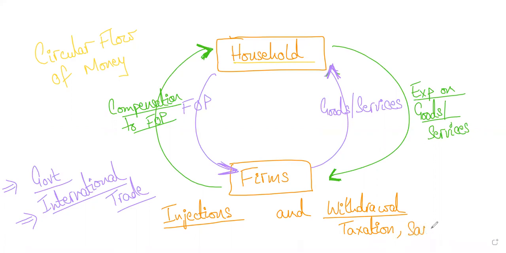So either you can tax people, or you can save your money, which is taking the money out of the system because you're not spending it. That's not being used by anyone. Or you can import. Excellent, Rishma. Or you can import. So these are the three possible withdrawals, or we also call them leakages, by the way. Leakage is also a word that you can easily understand. So either you use the word when the money is going out of the system, you call it either a withdrawal or a leakage from the system.